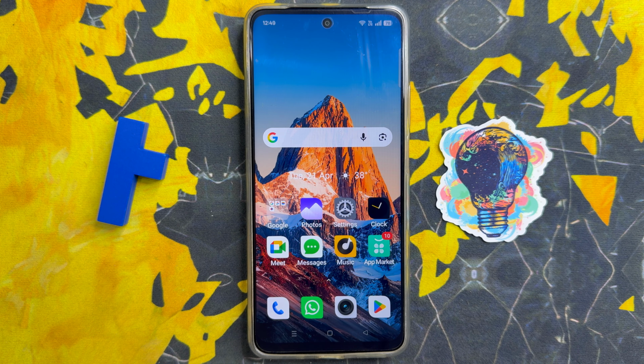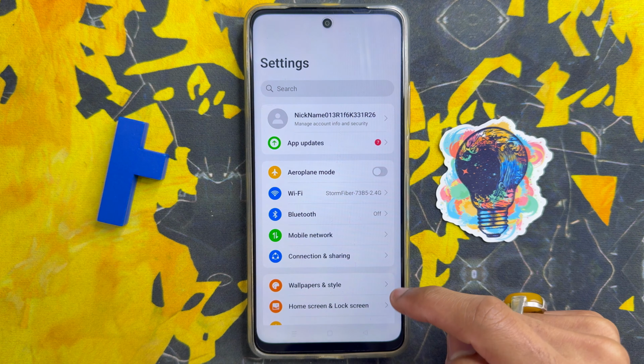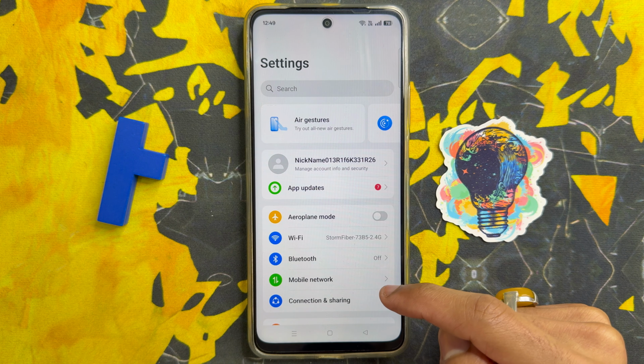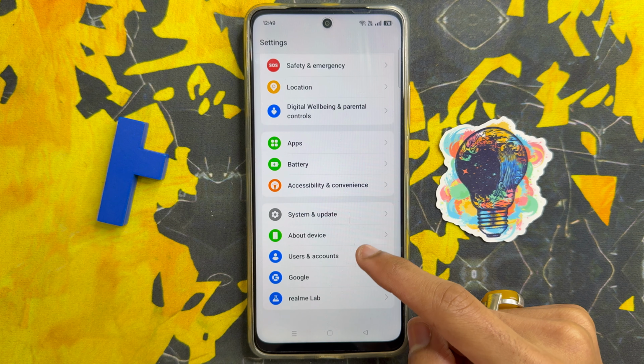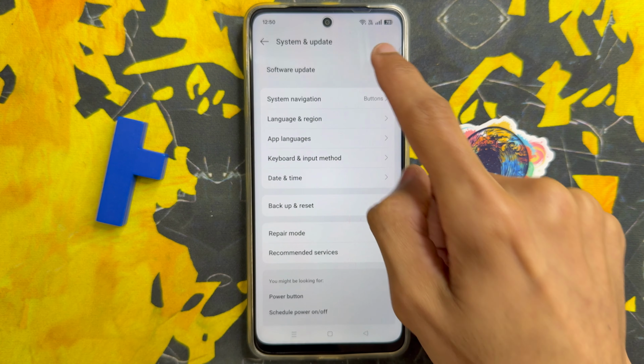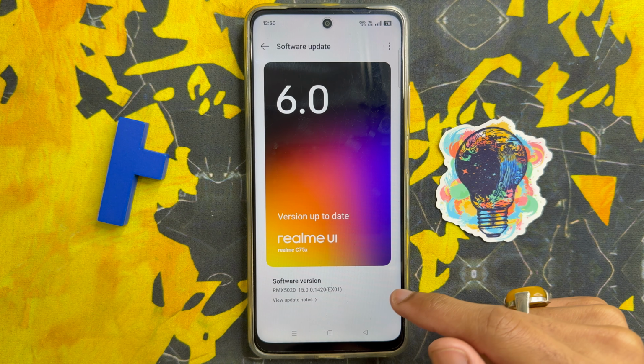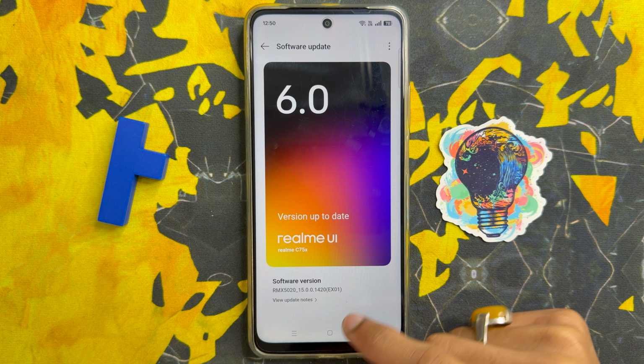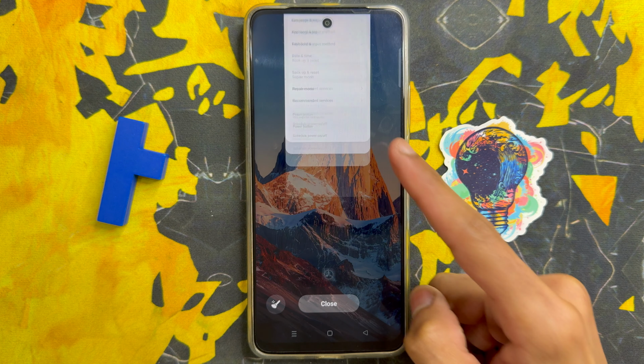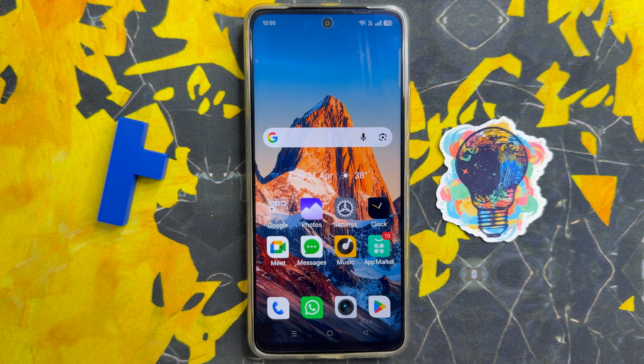But if it's still not solved, click on the settings app. Now in settings, scroll down and click on system and update. Click on software update. Check whether your software is the latest. If it is not the latest, update your software to the latest version. After updating the software, go back to the home screen. So that's how you can fix the screen flickering issue on